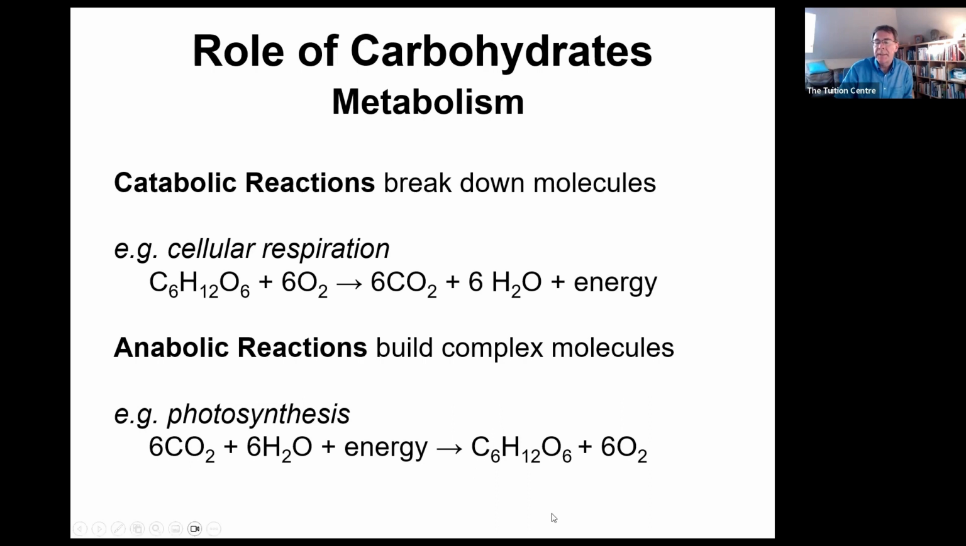Anabolic reactions are the opposite. That's where smaller molecules are generally put together, combined into larger, complex molecules, and that requires energy. Of course it does. It's to build things, right? So it does, of course, require